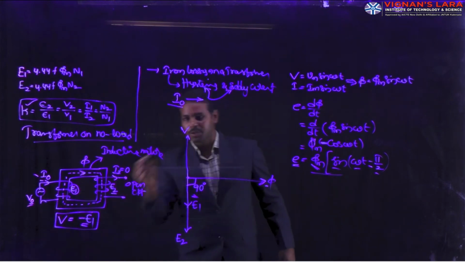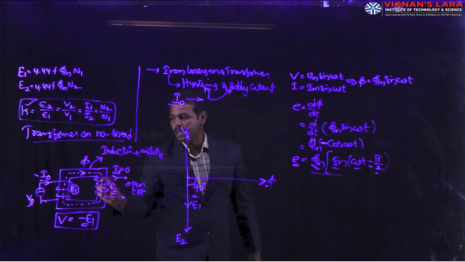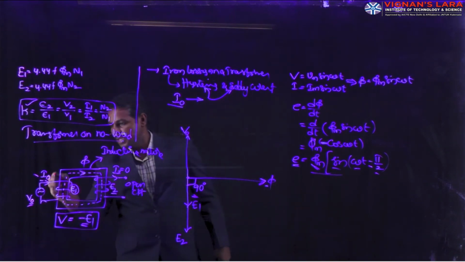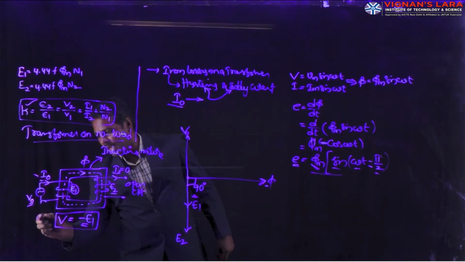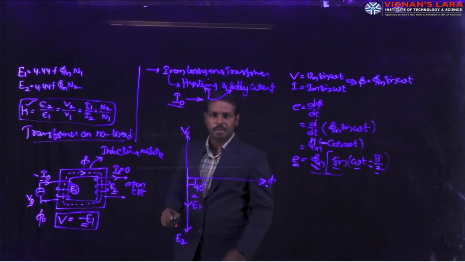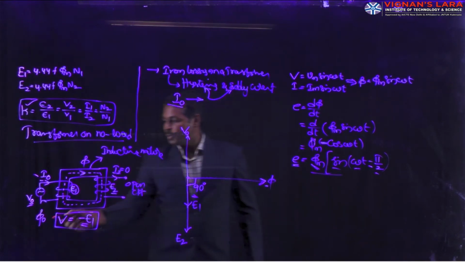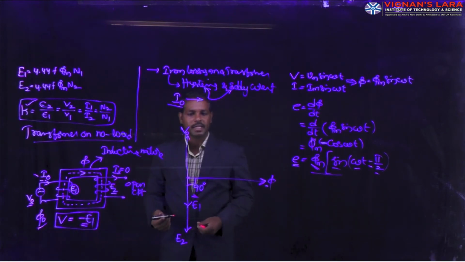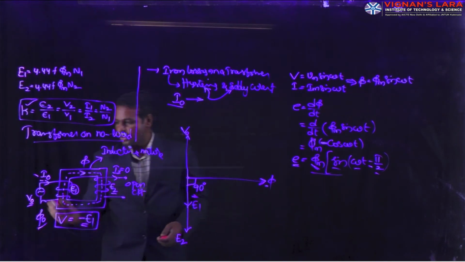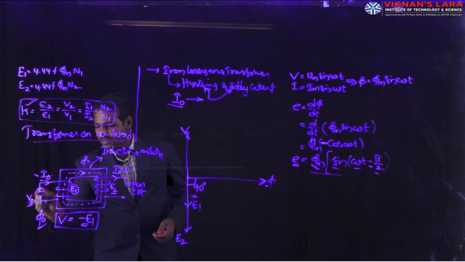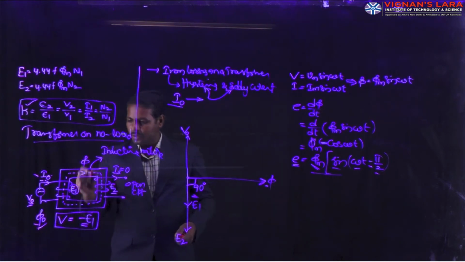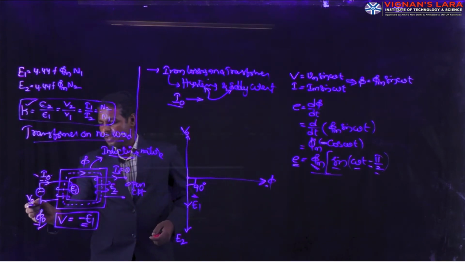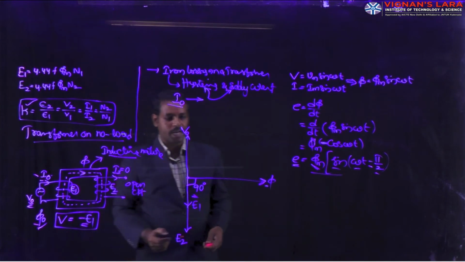Whatever voltage is drawn from the supply is V naught. The corresponding current drawn from the supply also lags the voltage by an angle phi. So the input power factor is represented by an angle phi naught, the input power factor angle. Power factor is nothing but the cosine of the angle between voltage and current. So the input voltage and input current are displaced by an angle phi naught. Because the magnetic core is of inductive nature, the current always lags the voltage by an angle phi naught.